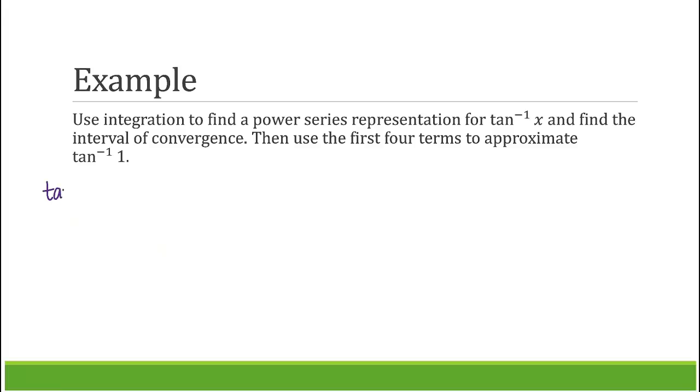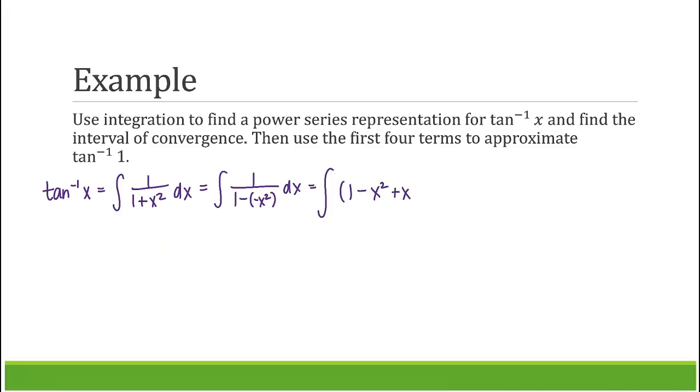So let's start by writing tan inverse of x. Well, tangent inverse of x is the integral of 1 over 1 plus x squared dx. So we have to know that the integral of 1 over 1 plus x squared gets us to tangent inverse. And 1 over 1 plus x squared has that a over 1 minus r form to be able to express it as a geometric power series. So here I'm going to rewrite it so that I can really see it as 1 minus negative x squared. So my first term is 1, my common ratio is negative x squared. So in other words, we're going to be integrating 1 minus x squared plus x to the 4th minus x to the 6th plus dot dot dot